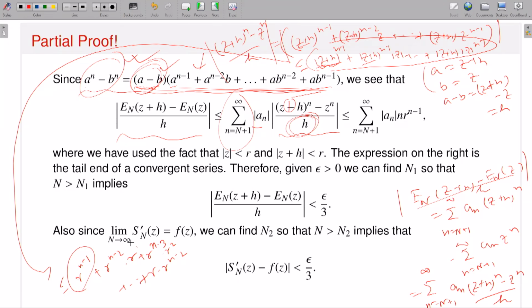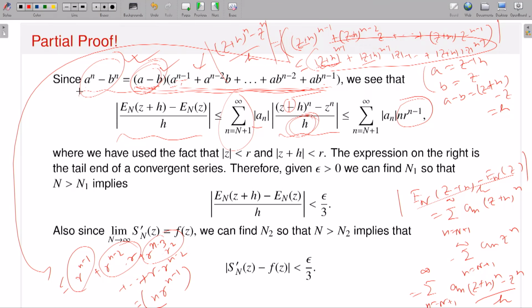So this is r to the power n minus 1, this is r to the power n minus 1, this is r to the power n minus 1. Because if I add the power, you will have n minus 2 plus 1. So look at this one. This is n minus 1, this is n. So if I add the exponents of the powers a and b, it will have r to the power n minus 1. And how many terms will be there? This is b to the power 0, this is b to the power 1, up to b to the power n minus 1. That means n many terms will be there. So therefore this is exactly equal to n times r to the power n minus 1. And that is exactly what I have written.